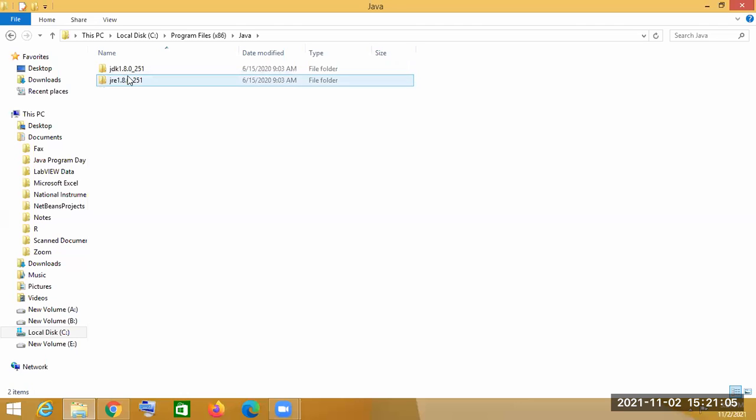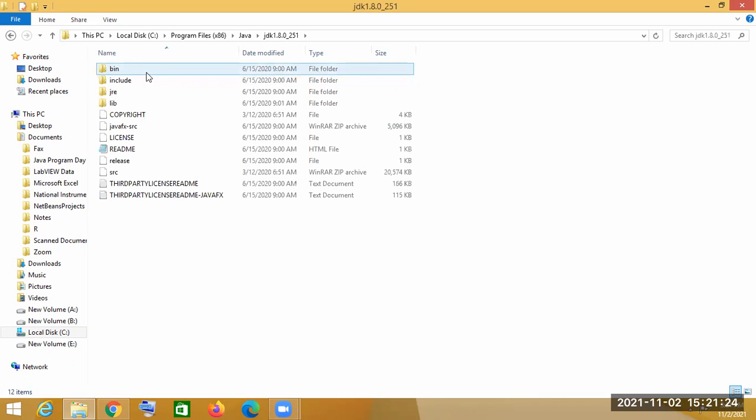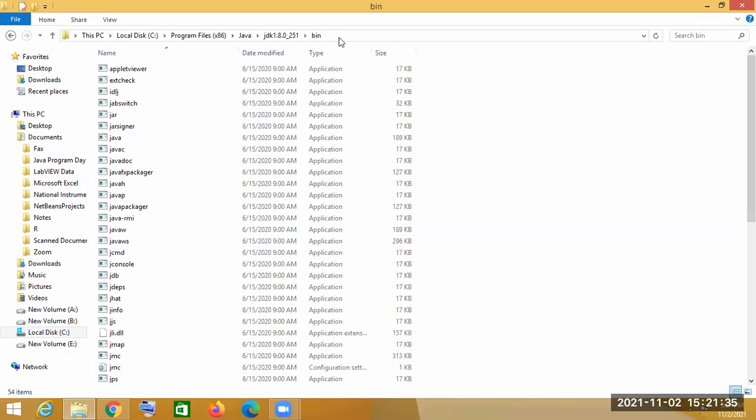Now click on the JDK, and inside it you will go to the bin folder and click on it. Then it will open like this.